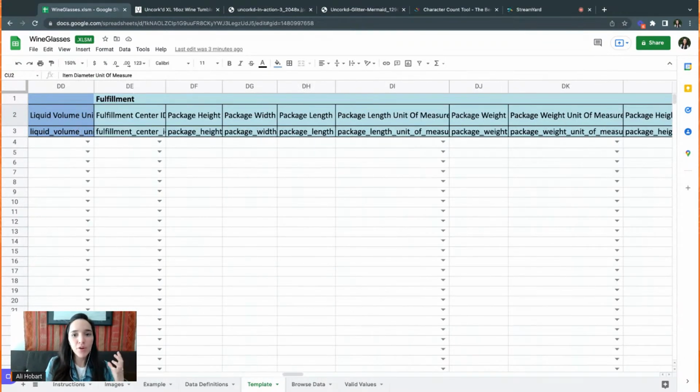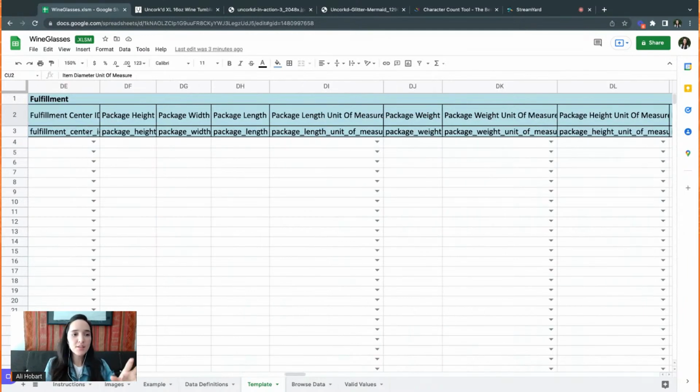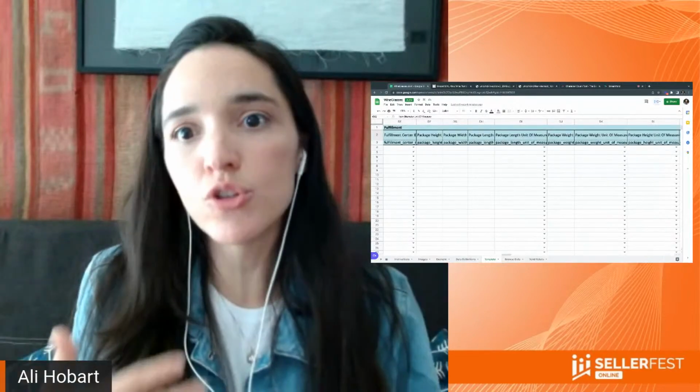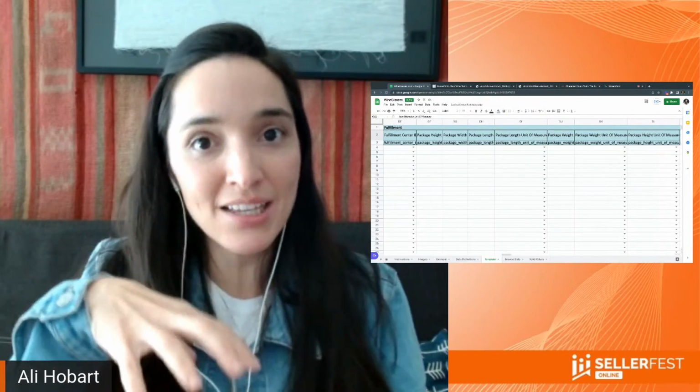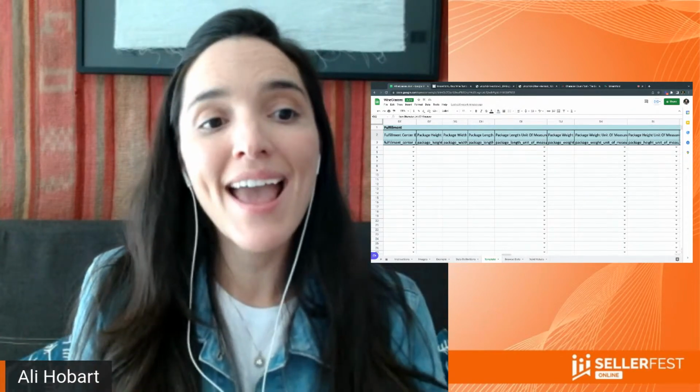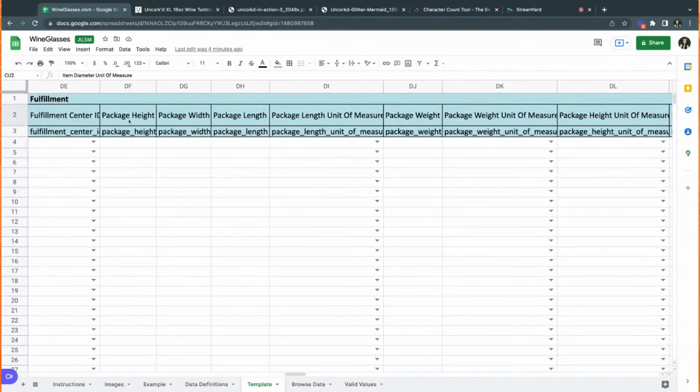Next is fulfillment. Very, very important. So first, I'm going to skip this here for now just to point out that this is where you would put the package dimensions and weight, everything. As I said, if it comes inside a box, this is what you put. This is not the package size that Amazon is going to choose to ship your product in. So let's say you have a 4x4x4 box, but then Amazon puts it in a 12x8 by something. Usually, sometimes they change things up. So that's not what you're choosing. You're choosing the size of your package. So just wanted to make that clear. And also pay attention to the order of things, like height, width, length, and then the unit of measure.